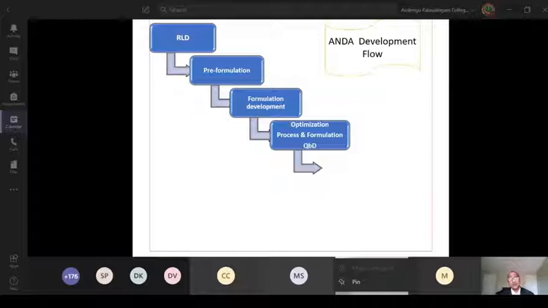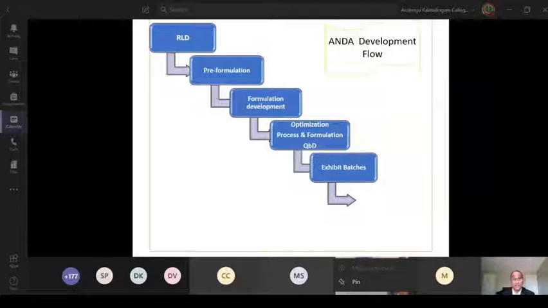Once you have the tentative final formula composition, at least to some extent, the next stage is to implement risk-based quality by design from the FDA perspective, with process optimization. Both process and formulation together constitute the overall product quality. That's why you need to come up with a QbD at this point. Once the optimization is completed and you feel comfortable, you trial the exhibit batches for filing to the FDA. Currently, it is 3 batches of 100,000 packable units and 2 API lots that you have to use for the ANDA batches.